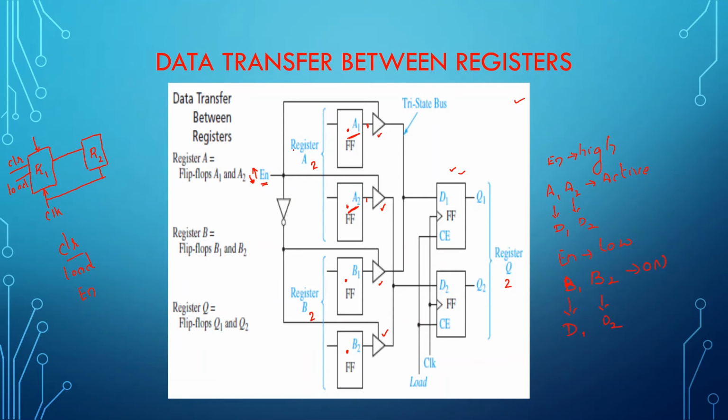Always what you can say is, sir, let us say that this block itself is not there. Let us say that I have only 2-bit registers. Let us make it simple. The 2-bit registers already have the data, and the data from these 2-bit registers has to be moved on to these registers. So what will you do? You will make the enable signal high. Once you make the enable signal high, this tri-state buffer and this tri-state buffer will be on, moving the data from the flip-flops A1 and A2, or moving the data from register A to the register Q.